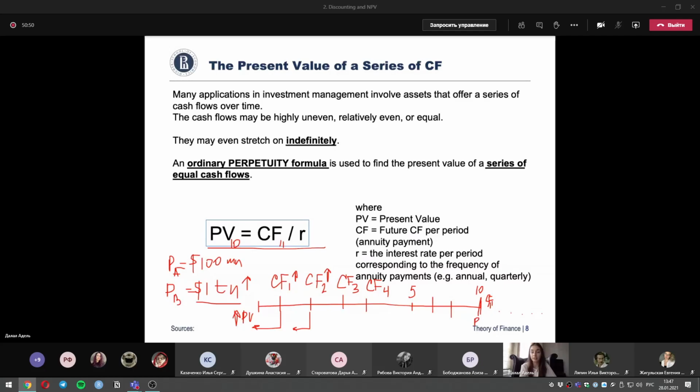You remember, it is minus 1 year. So we have this present value, and then we discount it to today and add it to the present values of all the cash flows over 10 years. That's going to be our total value of the company. So that's how we use perpetuity in